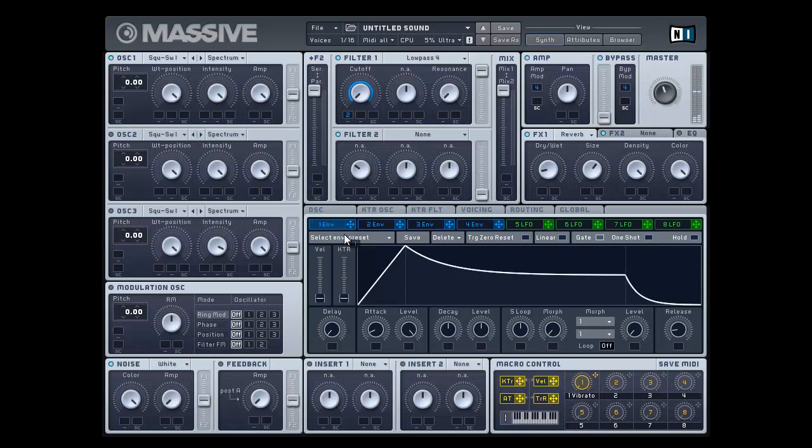You want to route envelope 1 right here to oscillator 1. Now, I'll go over a more advanced way of creating Dutch house sounds in a later tutorial, but just very basic, follow along with me. Put it up to 12. It already sounds kind of interesting, right? Okay, so now by adjusting the attack